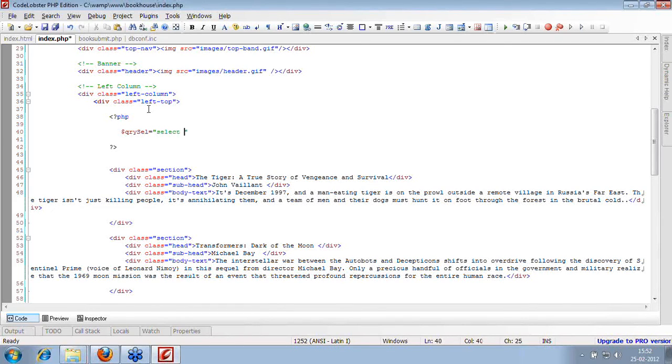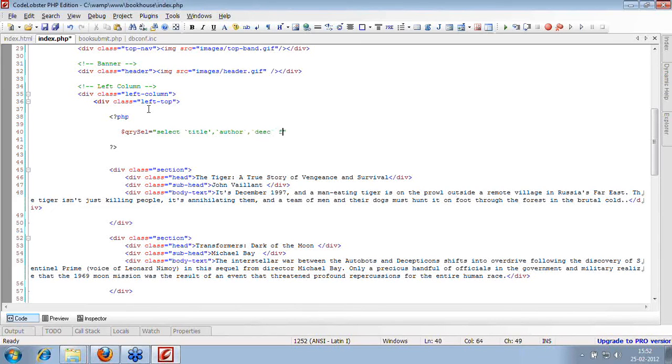What do we want to select? We can just say select asterisk. Asterisk selects all the values from the table, but that is not recommended, because if I have 20 or 30 columns and I want to use just 2, it's unnecessary. I'm populating everything from the database. So I'll just say I want title. I need author. The column names have to be the same as what you have used in the table. And then the next is description.